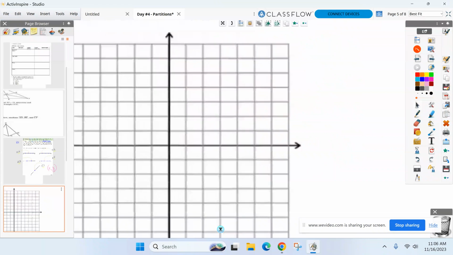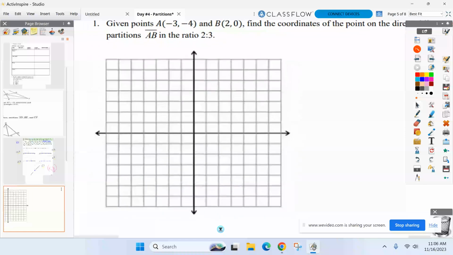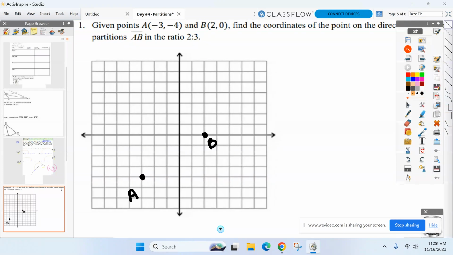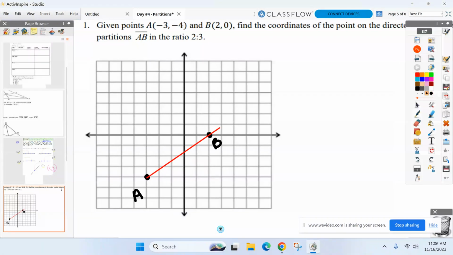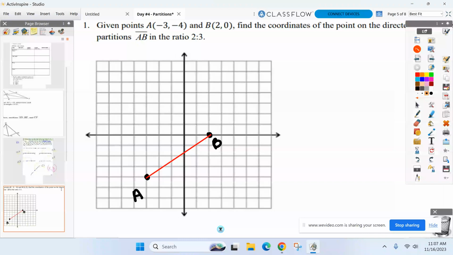So again, directed, we're going A to B. All right, we're ready. So I'm trying to find the XY coordinate that breaks it up into a ratio of